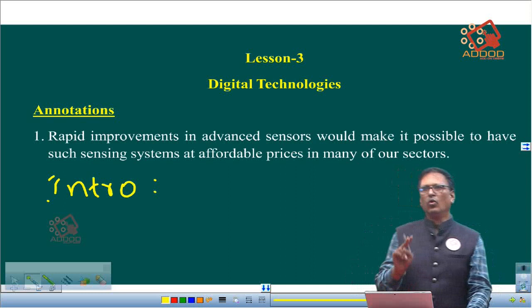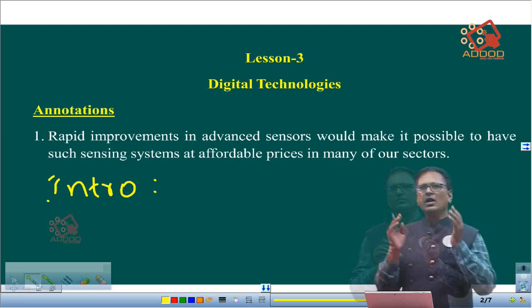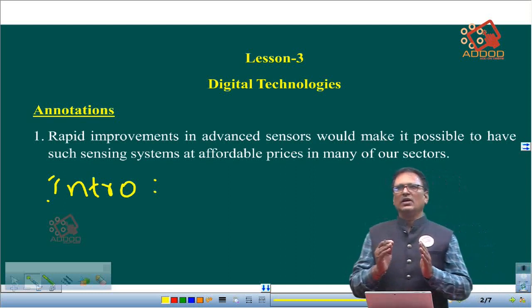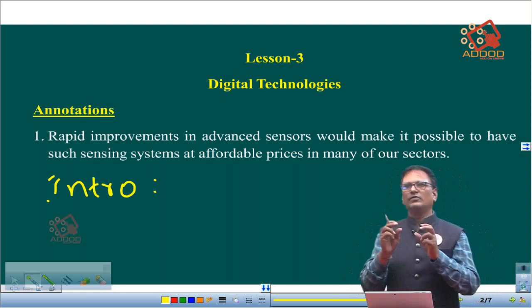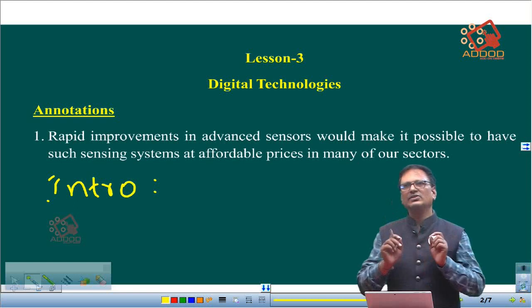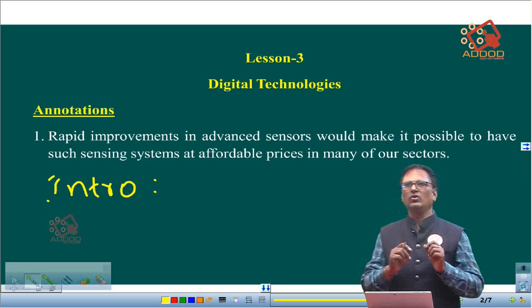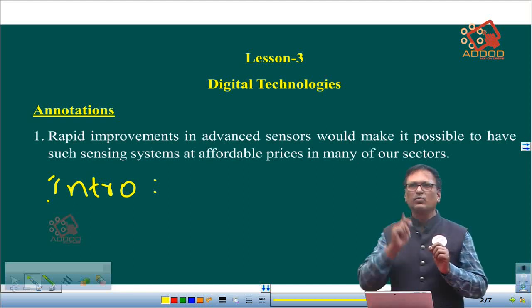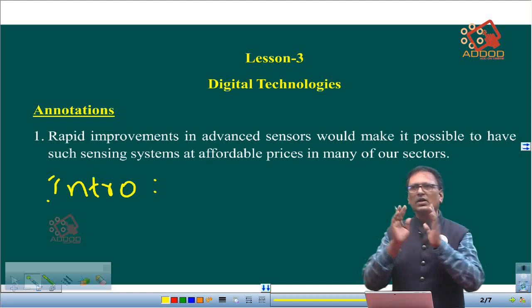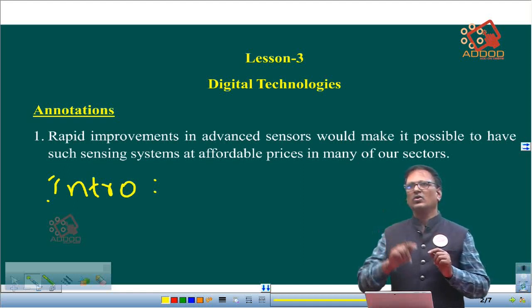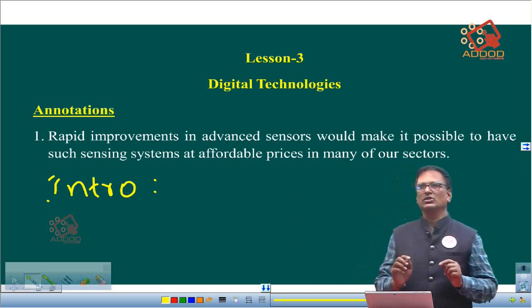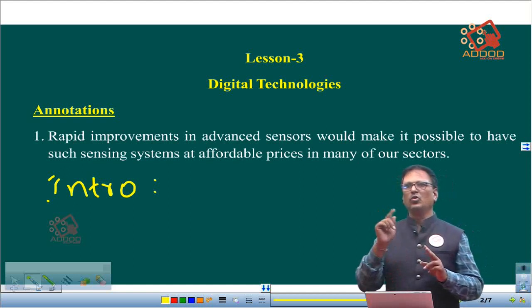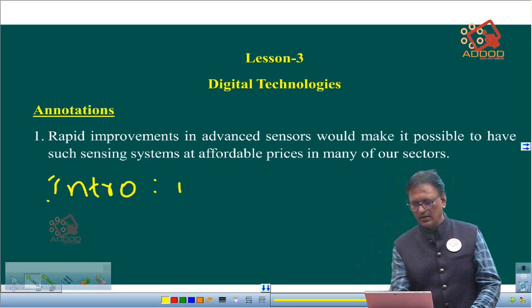Number one, who is the author of the lesson? And the next point is from which part of the lesson. There was a particular part in the lesson from where these lines are taken, that you should remember. So you have to write the reference. Under which reference the given lines were spoken or written is what you have to remember, and you are going to write that here in the introduction. So the introduction covers only two points. Point number one, author.